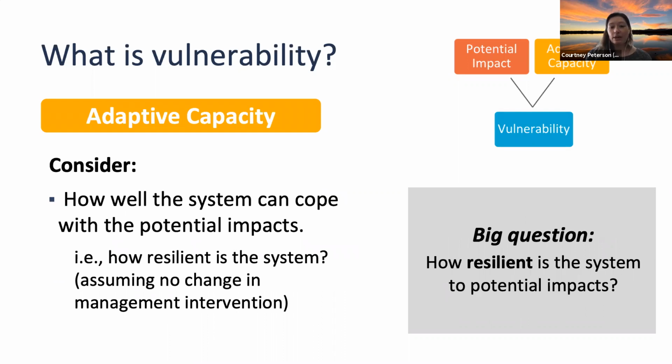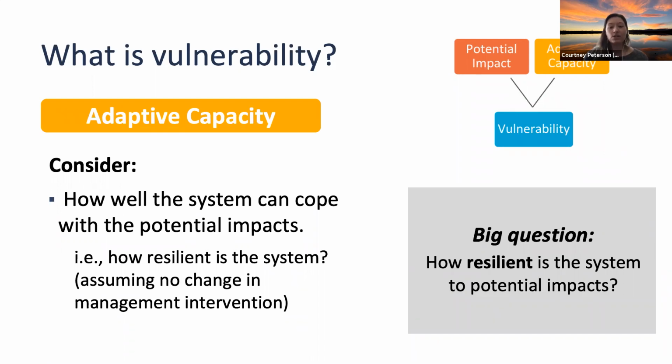And then we want to think about adaptive capacity of the system. So it's the system's inherent ability to tolerate those projected climate change impacts. And how well is the system going to be able to cope with those impacts? Or in other words, how resilient is the system to those potential impacts, assuming that there's no management intervention? And so this is different from sensitivity because we're really thinking about those qualities that might be able to withstand